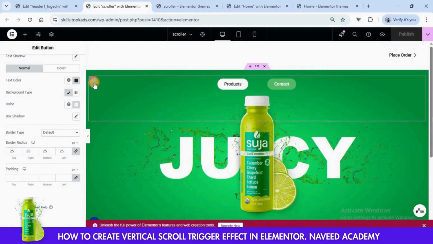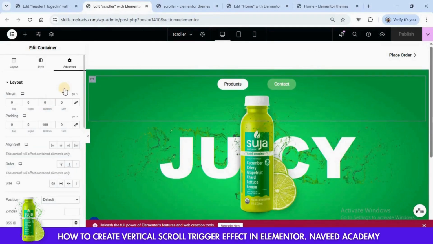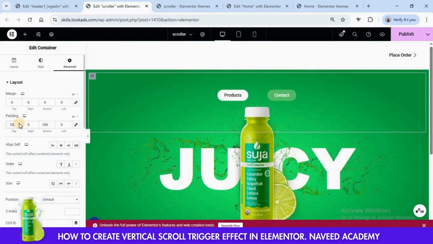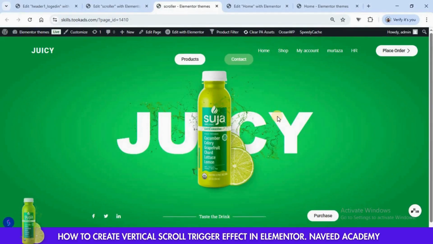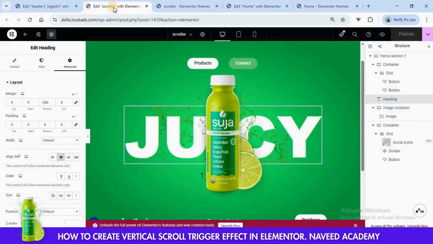Go to advanced and add some padding from top. Now after setting the first hero section, go to Elementor page again and click here on this hero section 1.